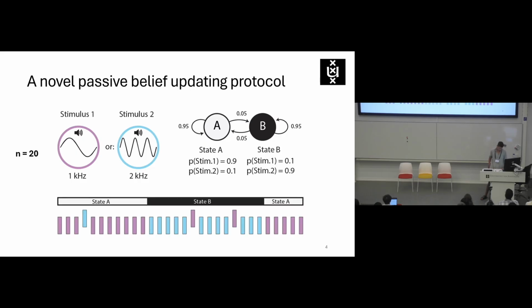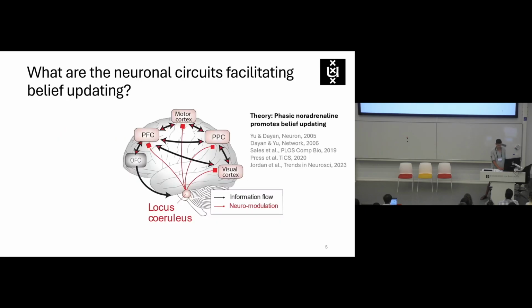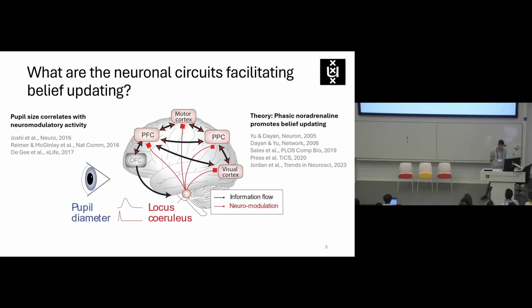You can now imagine that if you encounter the pink sound at this position, it's not going to be very surprising to you, given its recent history as a standard, while encountering the very same stimulus here in state B is going to be very surprising, as you experience this as an oddball in state B. If this is the case, we can assume that somewhere between those two points, some kind of belief updating must have taken place. But how do we measure exactly the surprise? We measure this by measuring pupil size at constant luminance as an indirect marker of neuromodulatory activity.